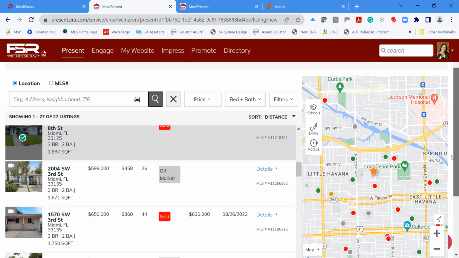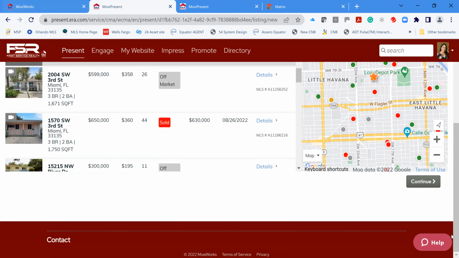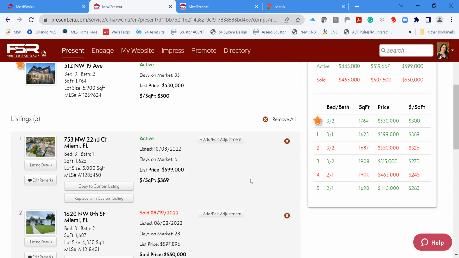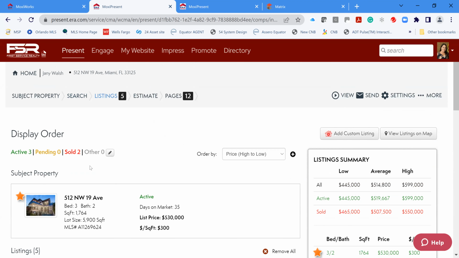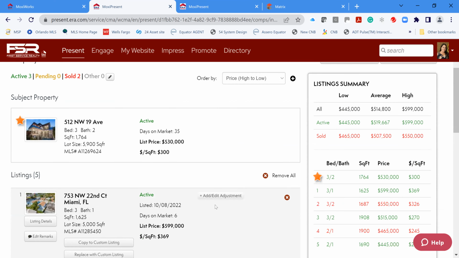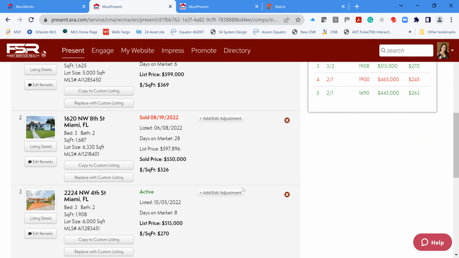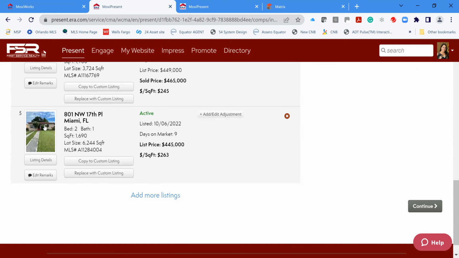Once you do that, hopefully you guys are seeing my screen, you can click continue. So then here you're going to see the display order. You can change the display order if you want to, or you can leave it as active. You're just going to put your actives, your solds, everything is going to be kind of mixed, but you can